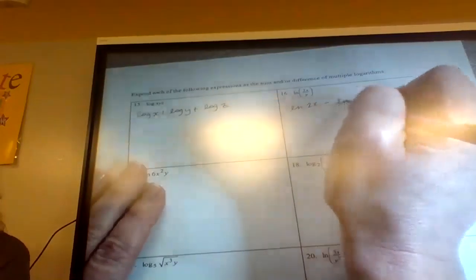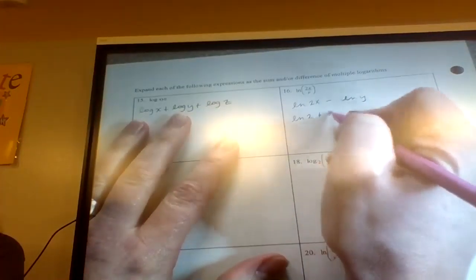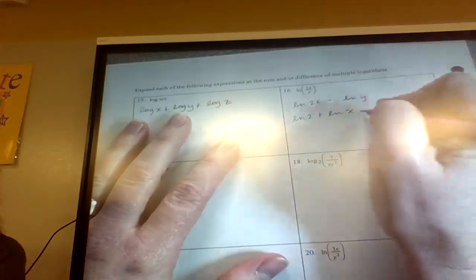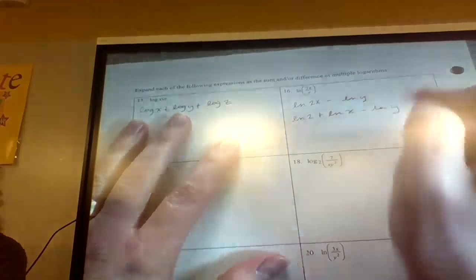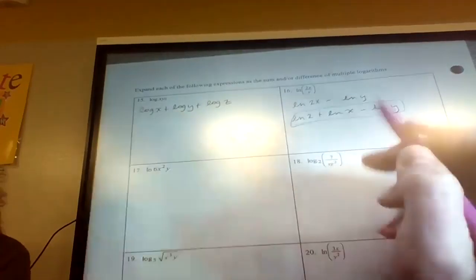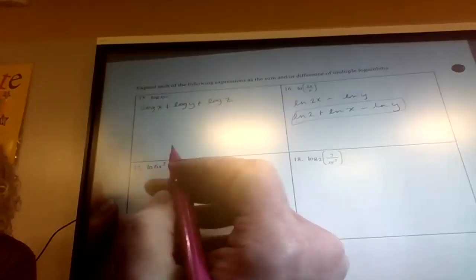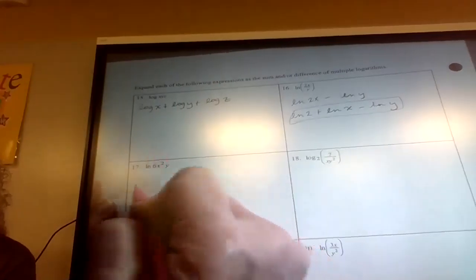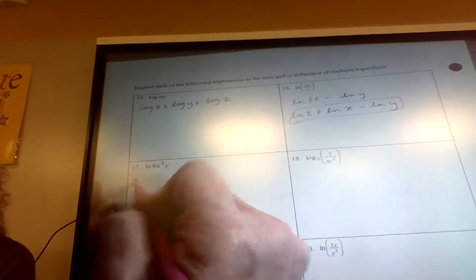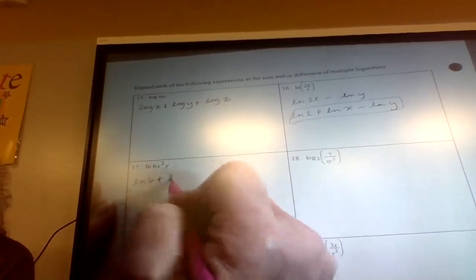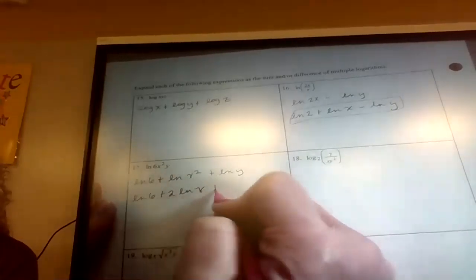All right, it's going to be natural log 2x minus natural log of y. And then that 2x can be split up to natural log of 2 plus natural log of x minus natural log of y. I like this better than I'm good at this one. So this one would be natural log of 6 plus natural log of x squared to natural log x plus natural log